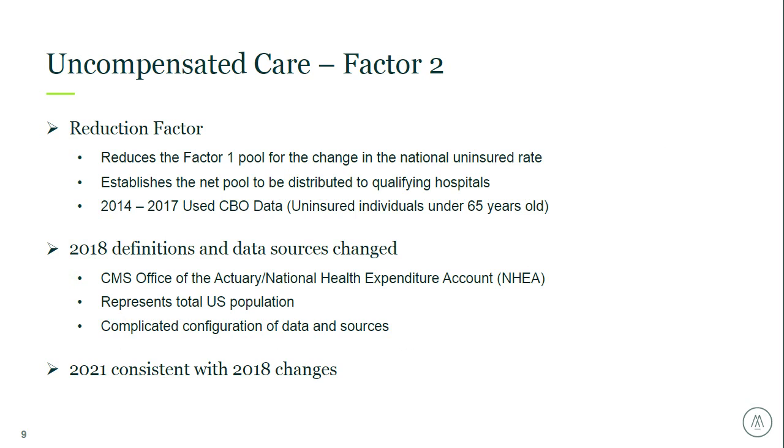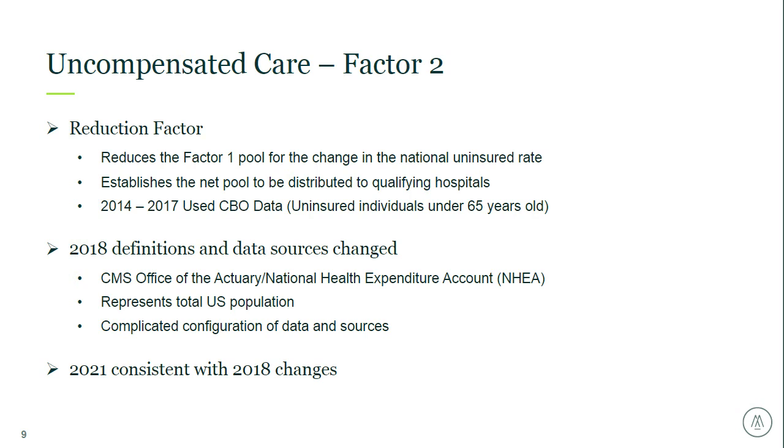The 75% from Factor 1 is then adjusted by Factor 2, which is commonly referred to as the reduction factor. This factor is meant to estimate the level of uninsured in the country. In the initial years of the program, the data was derived through Congressional Budget Office estimates. But beginning in 2018, CMS changed the source of the data in an attempt to refine the calculation and reflect